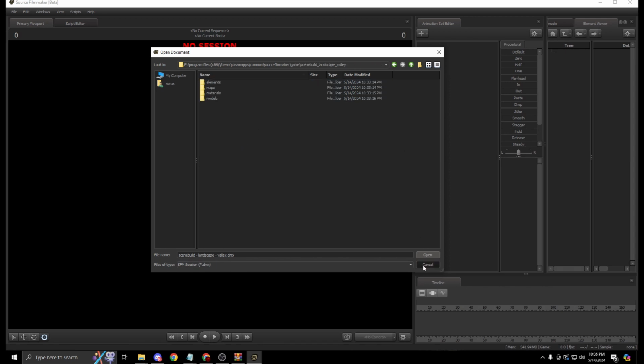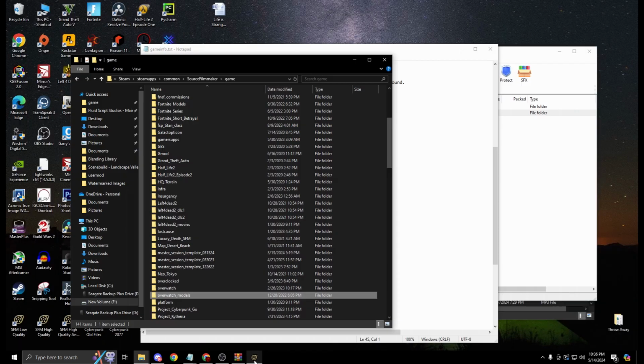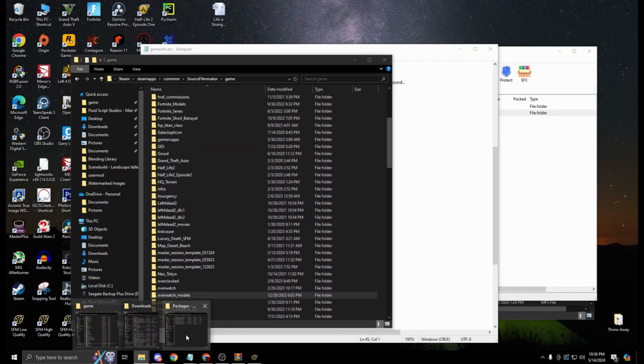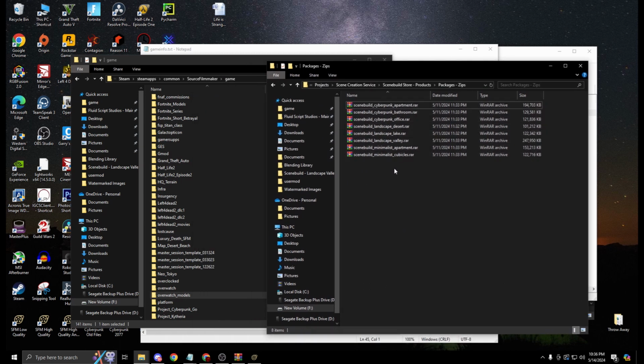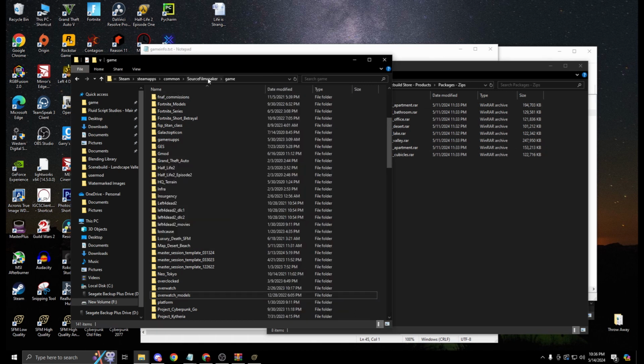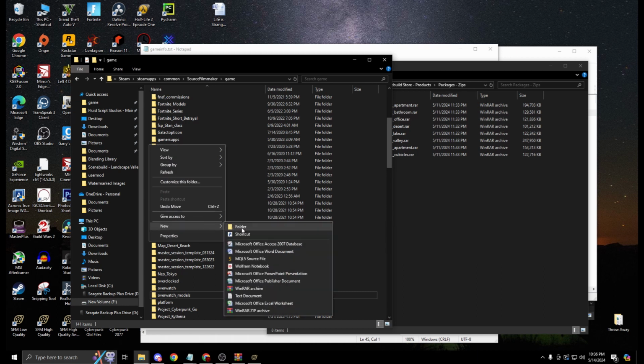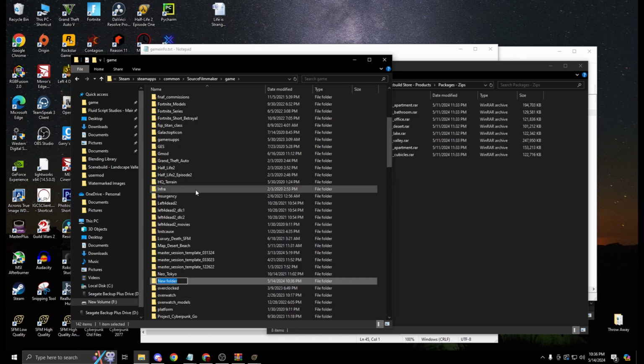So anyway, the second way to install, which I'm going to show you, is, let's just say, for instance, you purchased a bunch of them, right? A bunch of different scene builds. You have all 7 of these here. What you want to do is you just go to your source filmmaker game, okay? And you just create a new folder. And now I'm going to call this new folder Fluid Script Studios